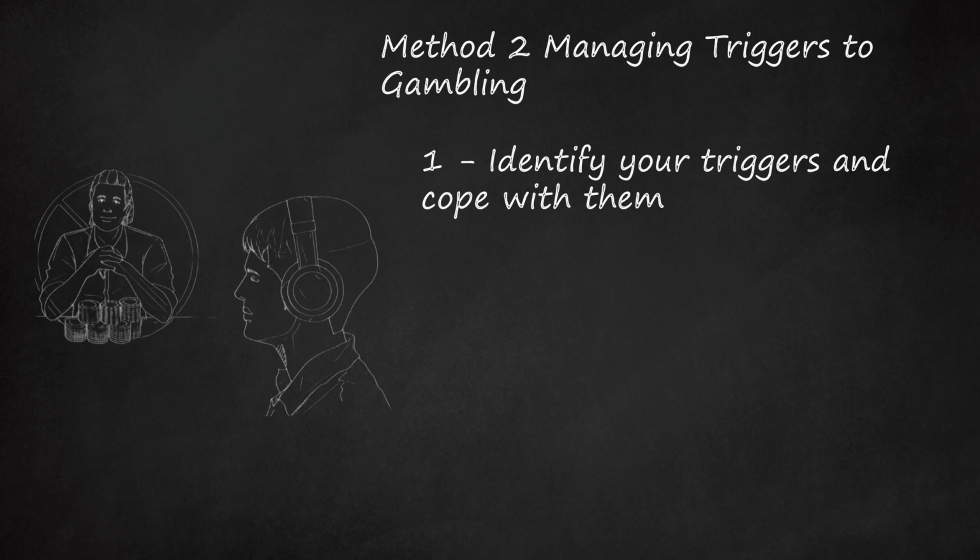Identify your triggers by keeping a thought journal. When you have the desire to gamble, stop at that moment and write down your thoughts, possible trigger such as thinking about gambling, feelings, perhaps boredom which is a trigger to gambling, and ways you are going to cope with your trigger. Do negative emotions such as stress or sadness lead to your gambling? If so, you may need to learn better ways to deal with these emotions.